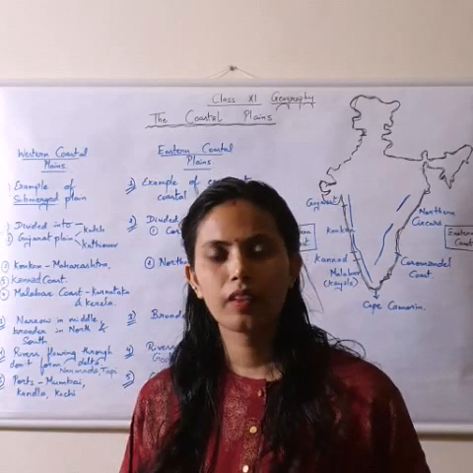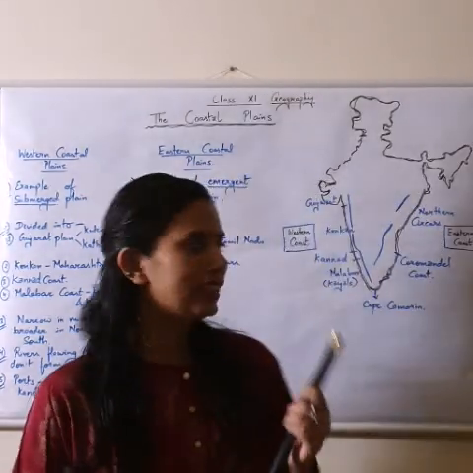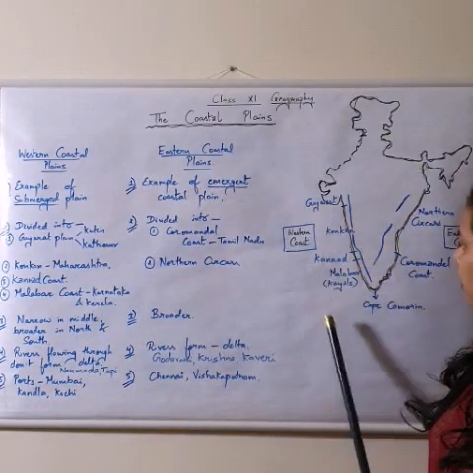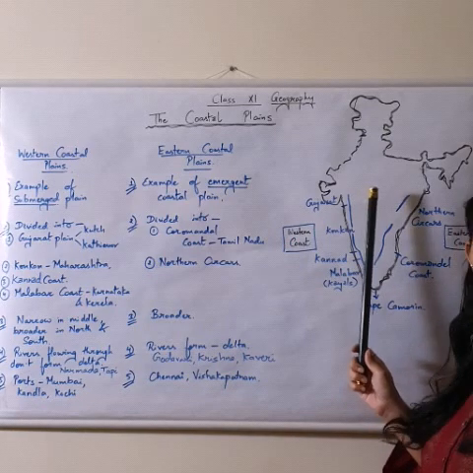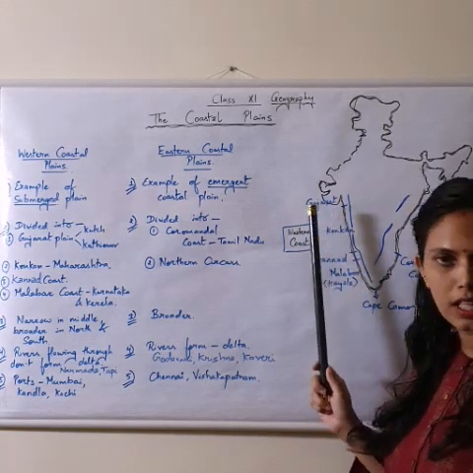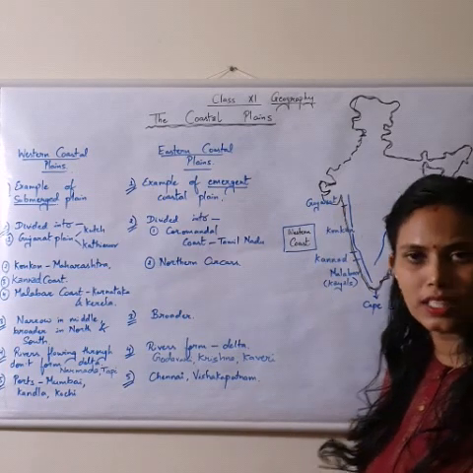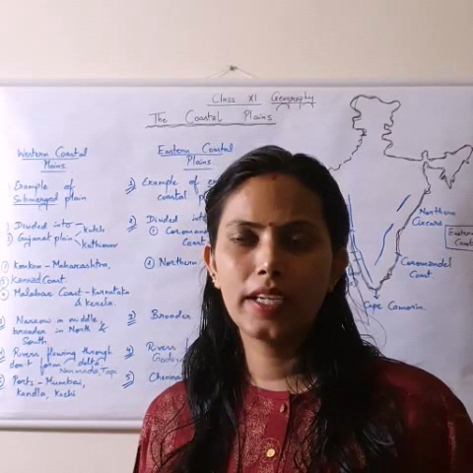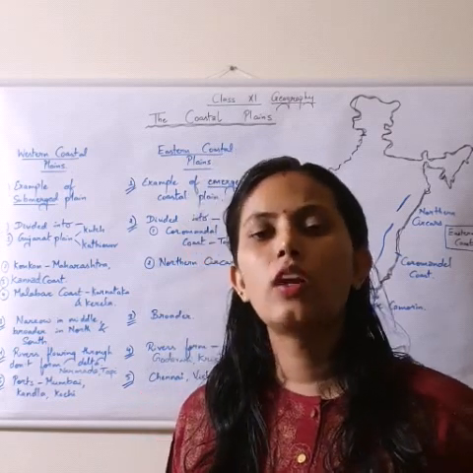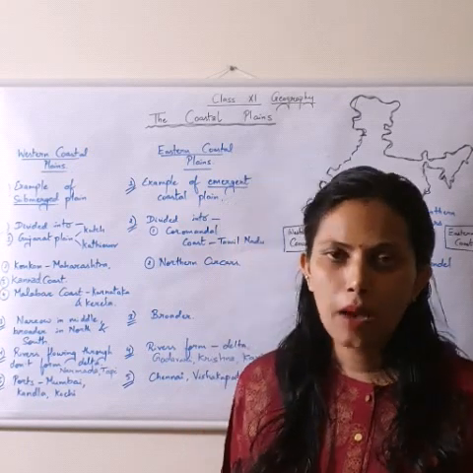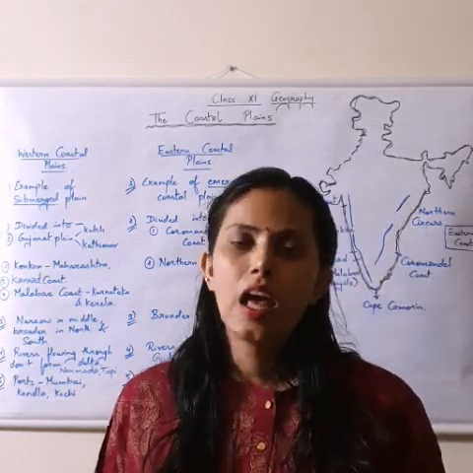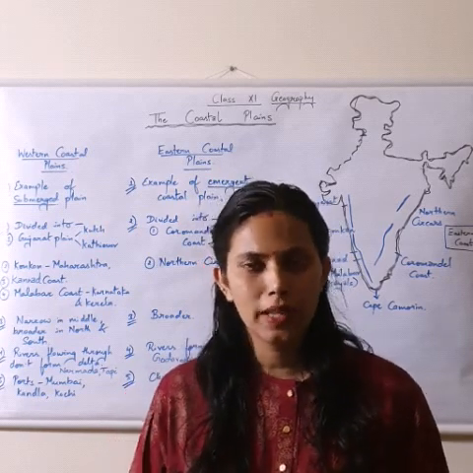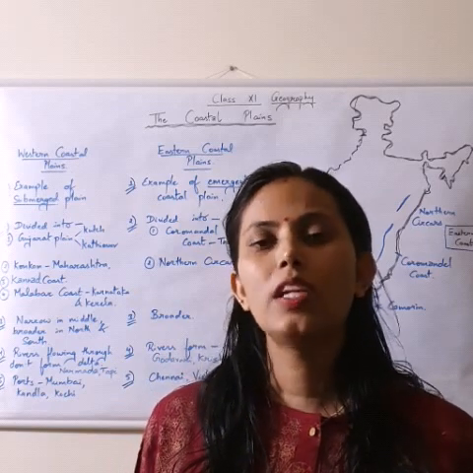Let's get started. Now look here. You can see in the map here, this is the water area, this part, this is India. We have Gujarat here. Like every coastline, it's subdivided. Where Gujarat is, that side is called the Gujarat coastal plain. Where Maharashtra is, we call it the Konkan plain. After that, where Goa and Karnataka are, we call it the Kannada coastal plain. Where Kerala is, we call it the Malabar coastal plain.